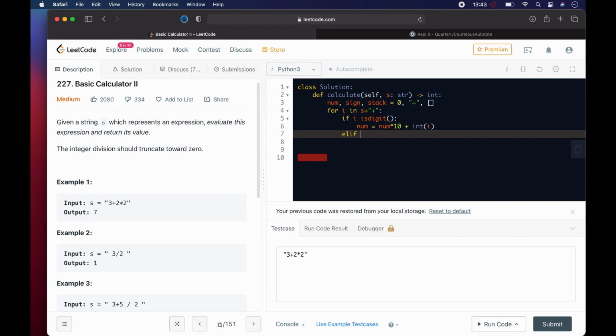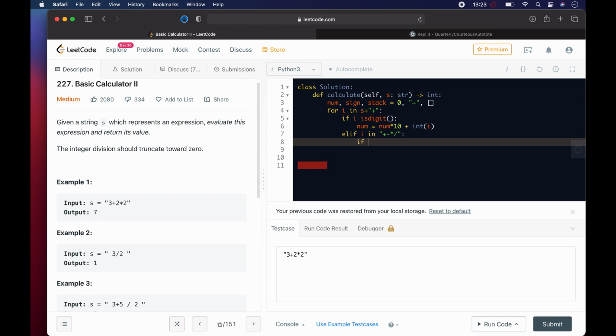Else if we want to check if it's any of the operators, we come here and say elif i in, and we put the various operators that we want to consider. The operators are going to be plus, minus, multiply, and divide. Elif it's that, we check if the sign is going to be a plus. And we're going to start off with a plus at the beginning, remember,